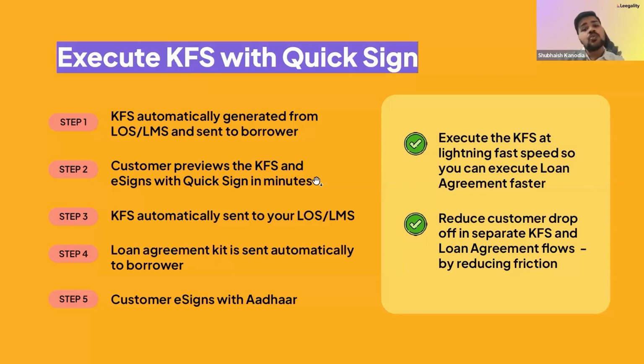And for this, you will need two separate flows, one to manage KFS and one for your loan docket. In ordinary cases, this would mean the borrower has to undergo a process with two OTPs. They will have to e-sign everything. This means a greater chance of drop-offs because the more flows there are and the more